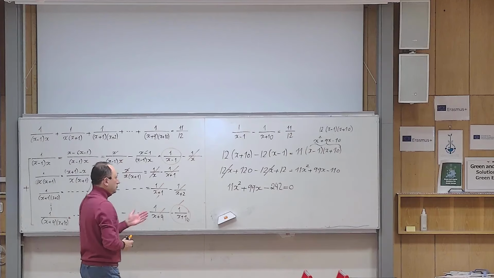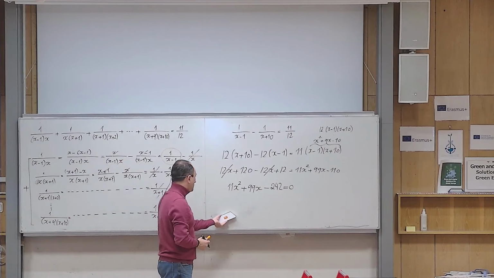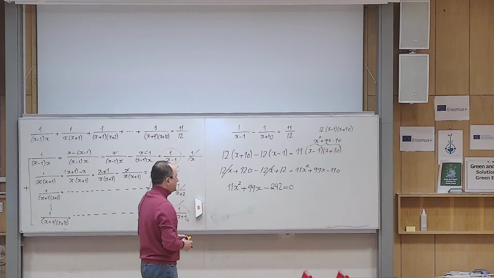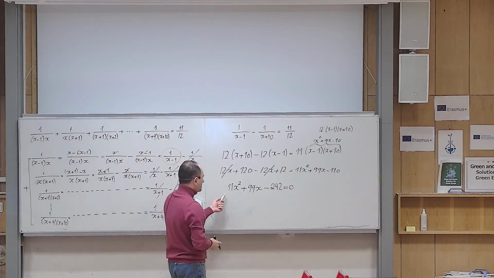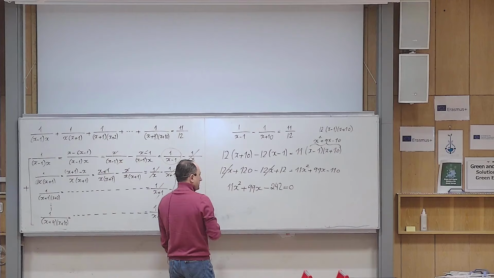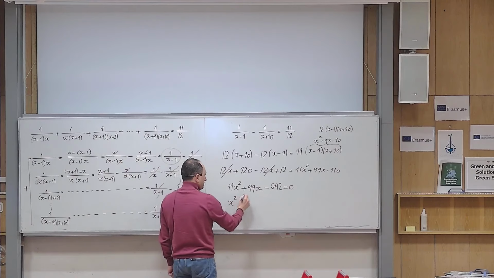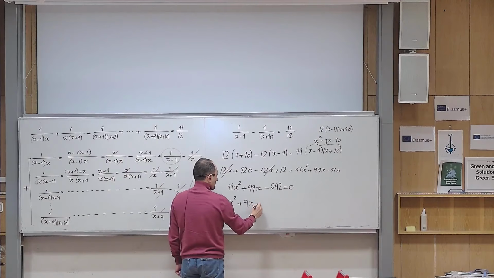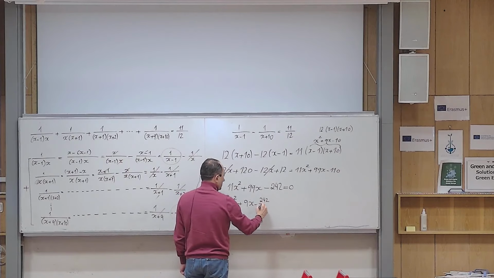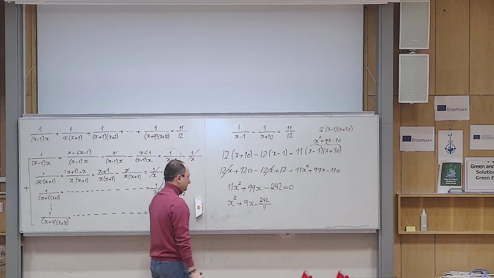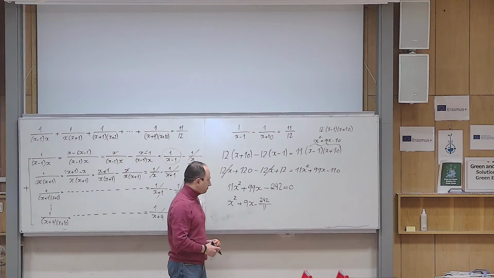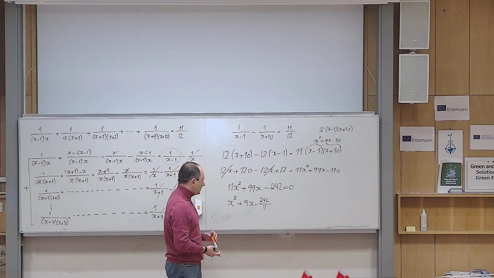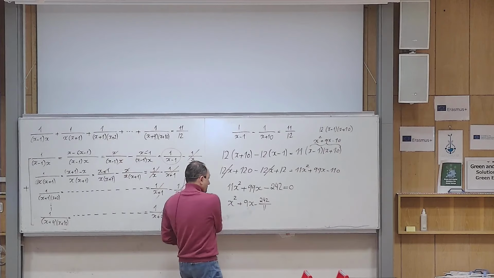Yes? Then I want to solve this equation. For example, I can use the ABC formula, or I can use the PQ formula. Maybe the PQ formula is not a bad idea here. If I want to use the PQ formula, I divide everything by 11. So this becomes 9x, and this becomes minus 242 divided by 11. But 242 is also divisible by 11, yes? How many times? 22 times. Yes, so that's also 22